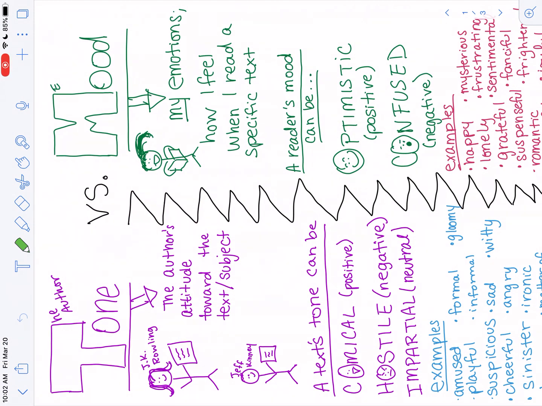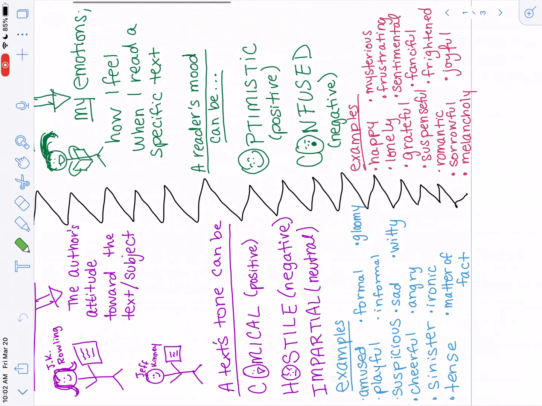Tone in the purple is the author's attitude towards the subject. So you're looking at what do they feel? What is their emotion? What are they presenting? So authors like J.K. Rowling or Jeff Kinney. A text tone can be comical, which is a way of doing a positive tone, a hostile tone, which is